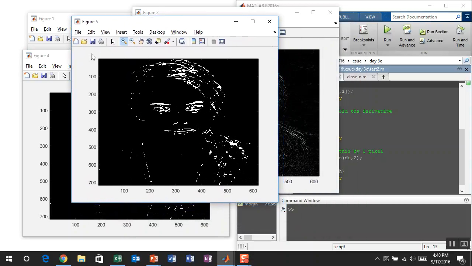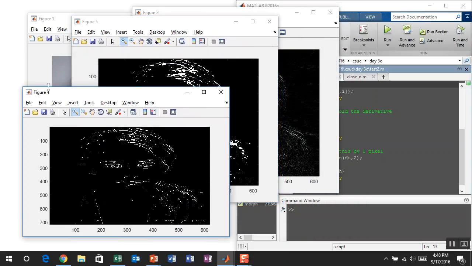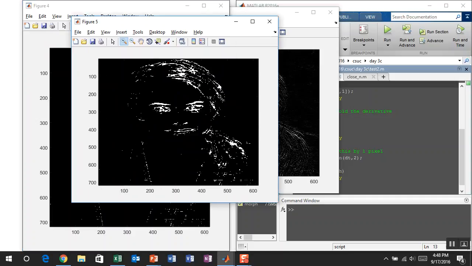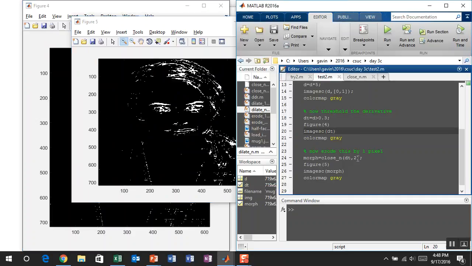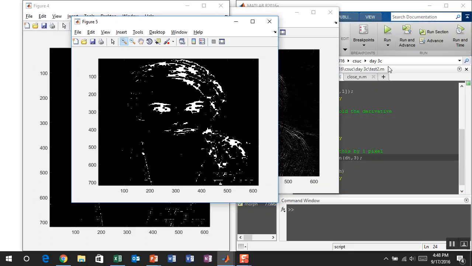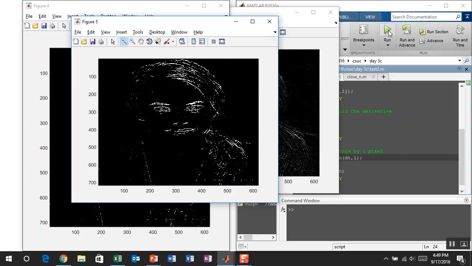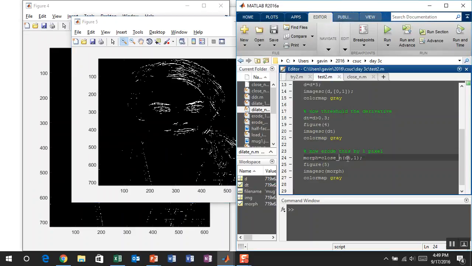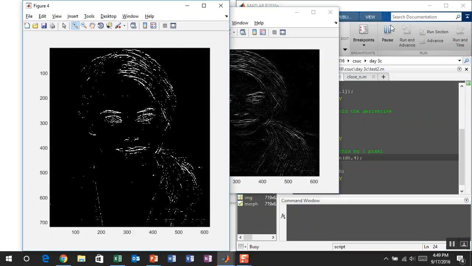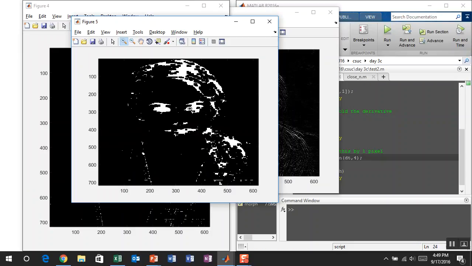Now, I want to just kind of know what this looks like. So I want to show you, as we alter this, let's try 3 pixels, how this affects our image. So it's a different kind of spatial filtering, but we're closing up gaps. That is sort of the type of operator this is. If I use 4 pixels to close gaps, you can see how that affects it, and we can actually start to block out, get an idea where the eyes are and other things. Okay,